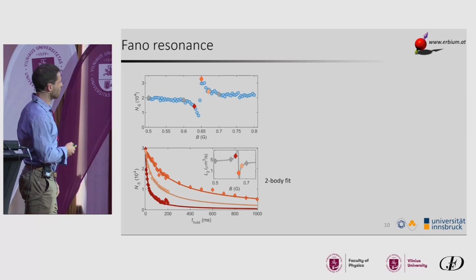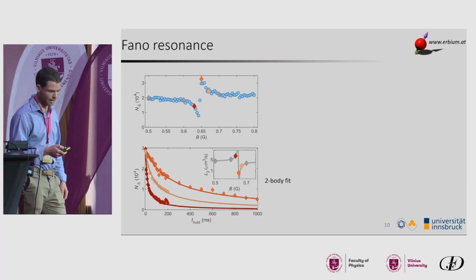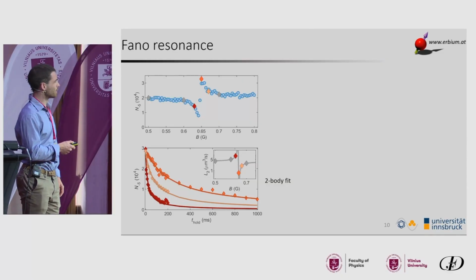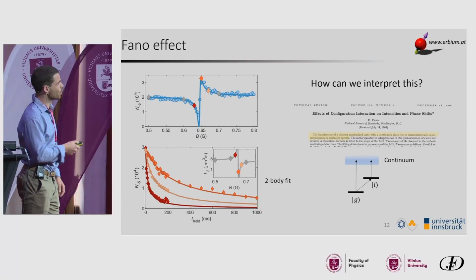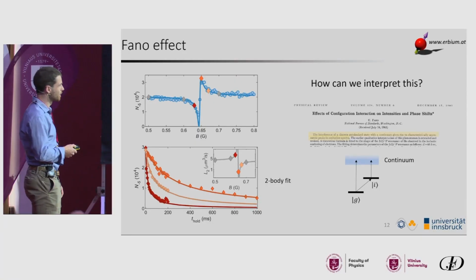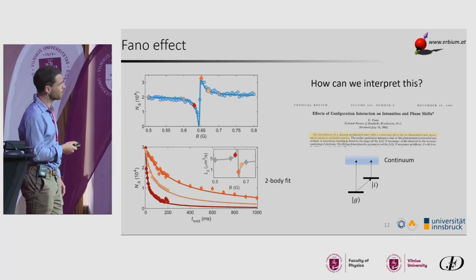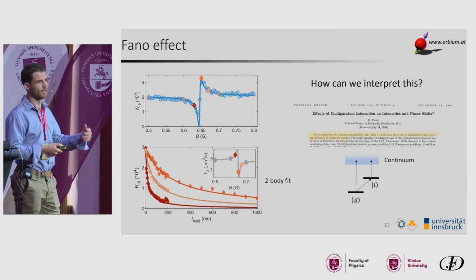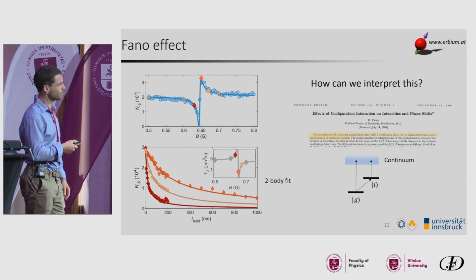And then we can fit with the two-body model, and we see it has this very nice Fano shape. I don't know if you know, this is also why they are called Fano resonances. In the 60s already, Hugo Fano introduced this asymmetric line shape, describing it in a completely different setup. But the idea is the following: if you have one atom that can decay to a continuum, or let's say it's a decay rate, and if there are two paths, actually it can go to this continuum.